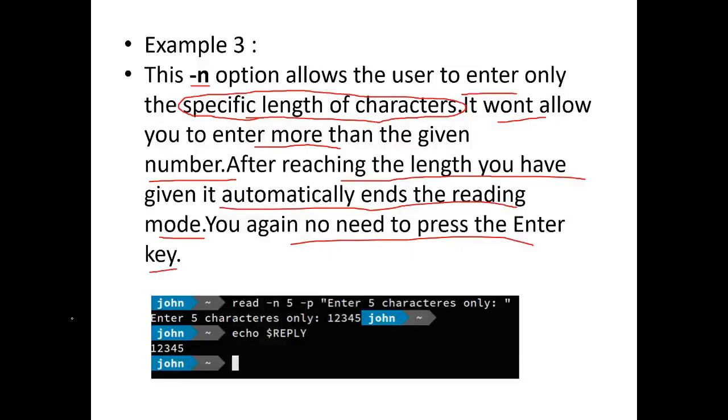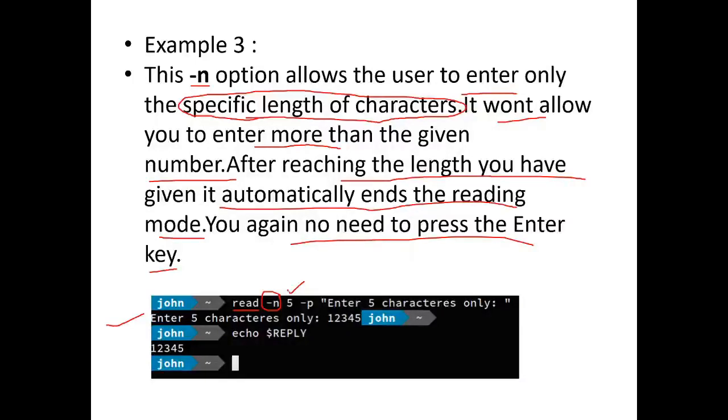See this example. You have typed the read command, and you have used the option -n, and then you have specified the length of characters, 5. So it is going to read only 5 characters.